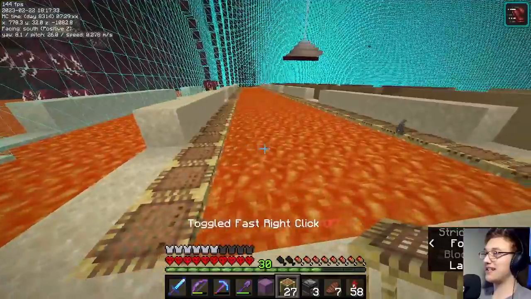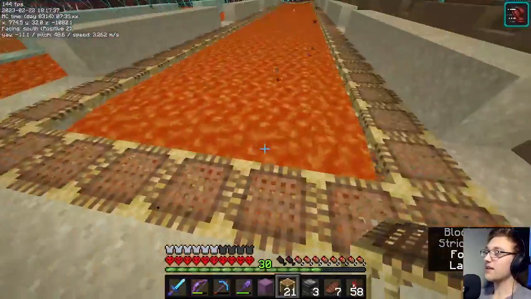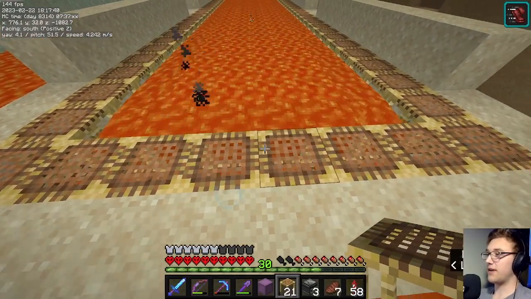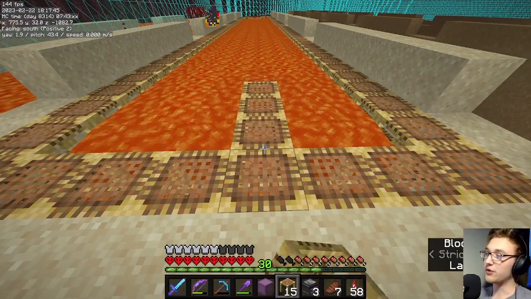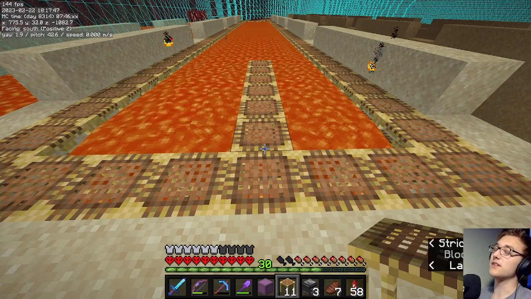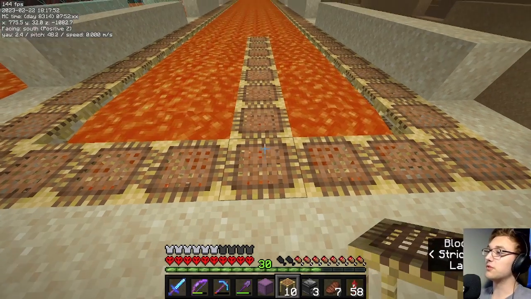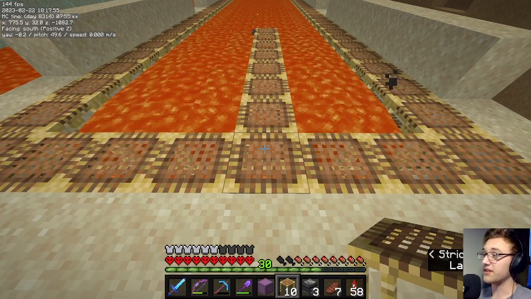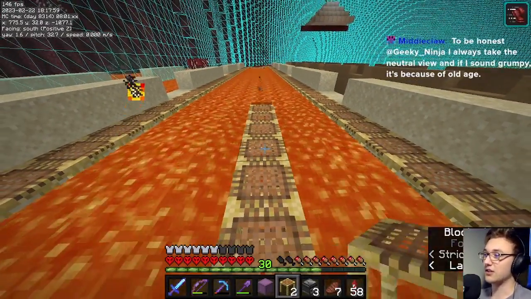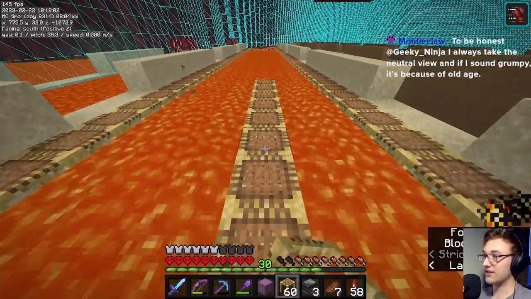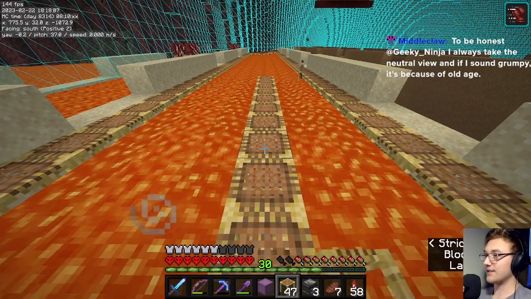Alright, now that you have made it all the way back around, what I suggest doing is connecting up this, and then somewhere in the middle. It doesn't matter whether it's this block or this block, just somewhere in the middle. Start on the third line. This is important because of how scaffolding works. If you want to know more, there are people who are way better than me at explaining the functionality of scaffolding. Just know that you need this middle row in order to not lose a ton of scaffolding. So just build this middle row down, and then once you reach the other end, we'll move on to the